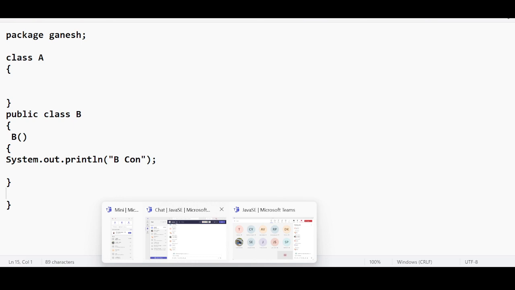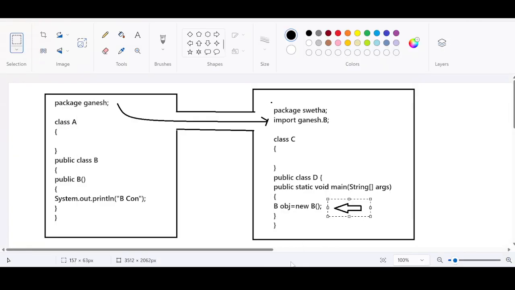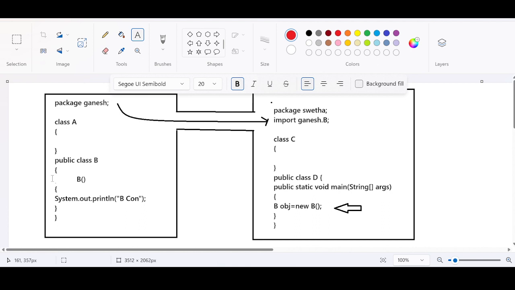The only change I made is removing public here. On compilation, this will be treated as default. Do you think we get access for default